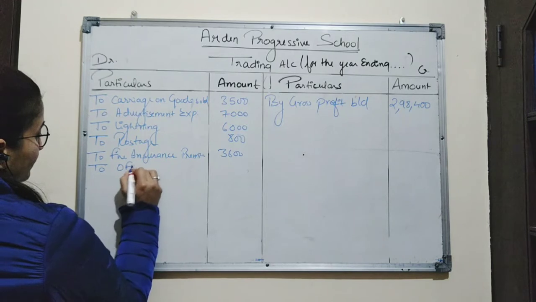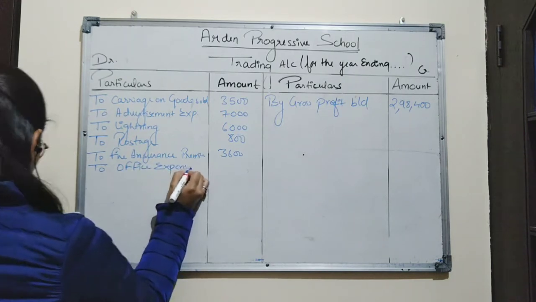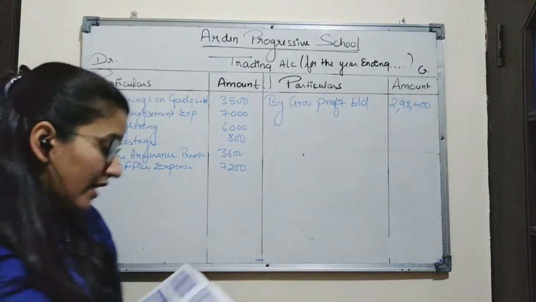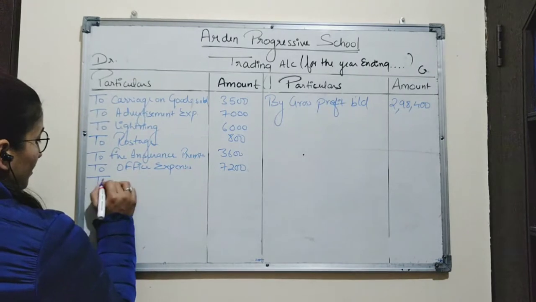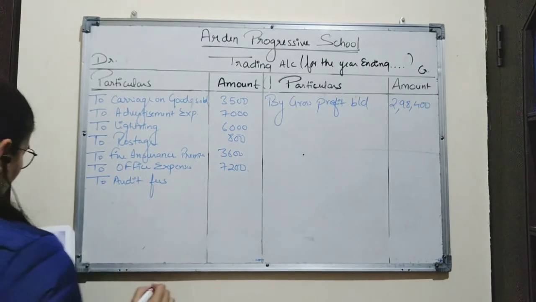To office expenses. Amount is 7,200. Next is audit fees. Audit fees is also an indirect expense. Amount is rupees